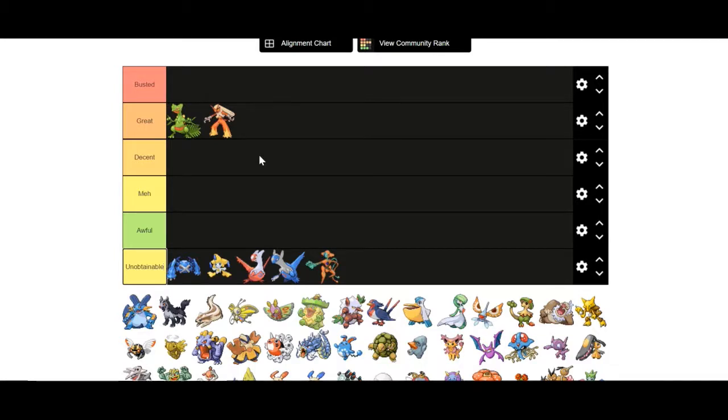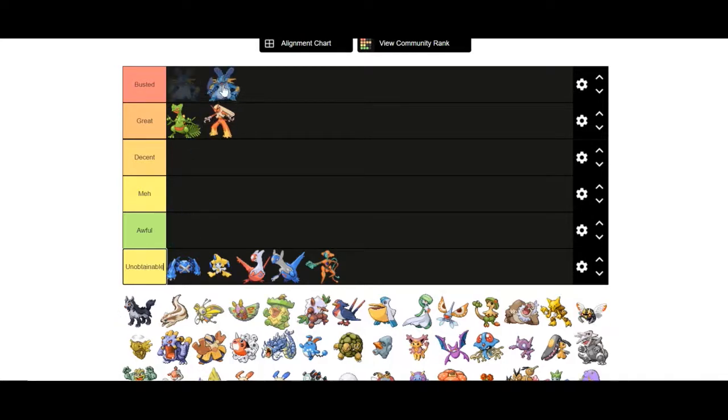Not the best starter though. That is going to go to Swampert, who is in the Busted tier. So Swampert has only one weakness, which is Grass, and there are barely any Grass type trainers in the entire game, and even when you come to them, you can just throw out a Swellow or a Pelipper or a Ninjask or any Flying type,